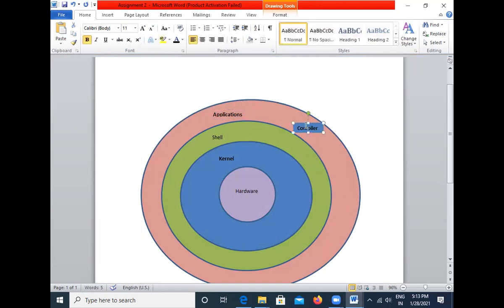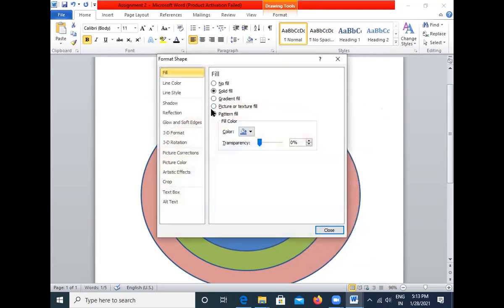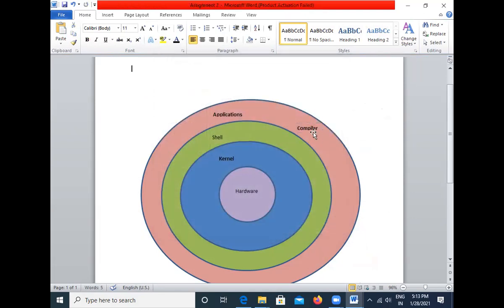Again here also we'll select Format Shape, say No fill, and Line color, No line, and close. So like this we'll complete all.